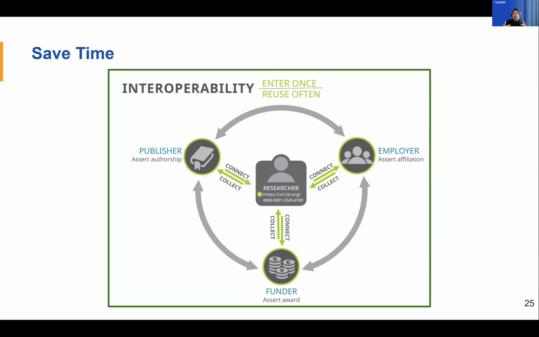So they're automatically feeding that information into your ORCID record, and you don't have to enter it in the system. A lot of those things are automatic once systems are connected and interoperable with each other. You can then reuse a lot of the information in your ORCID record to do different things, like I mentioned, grant applications.